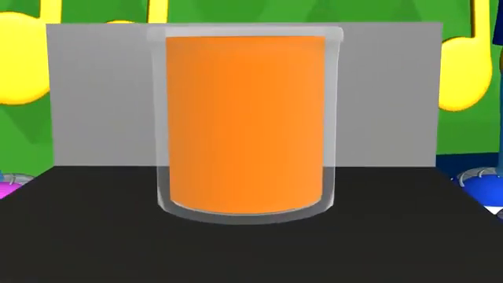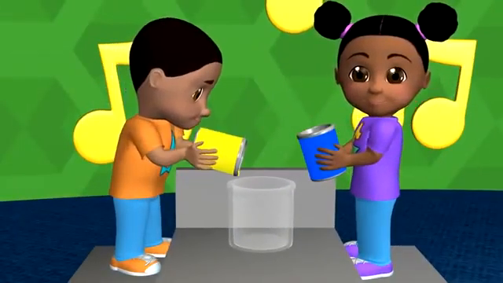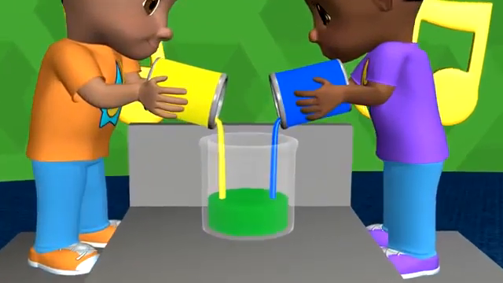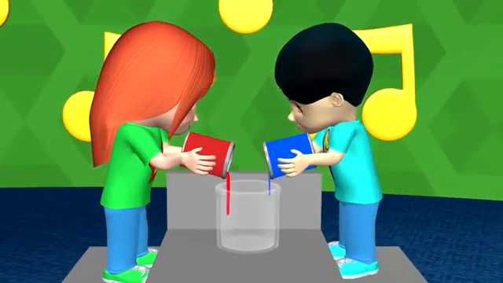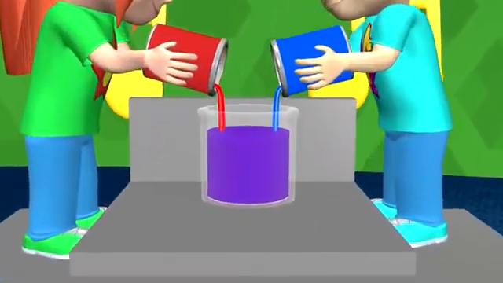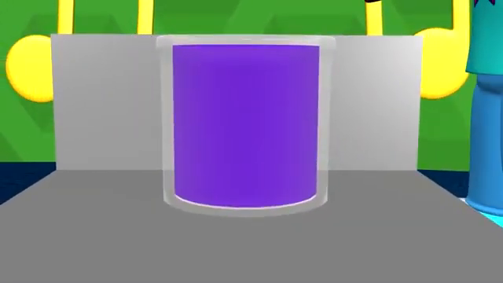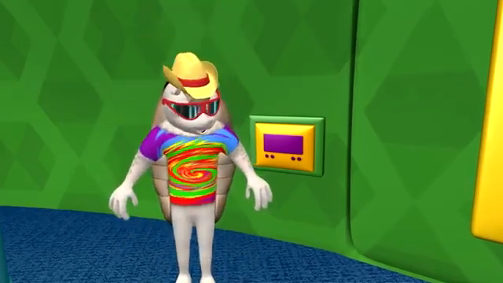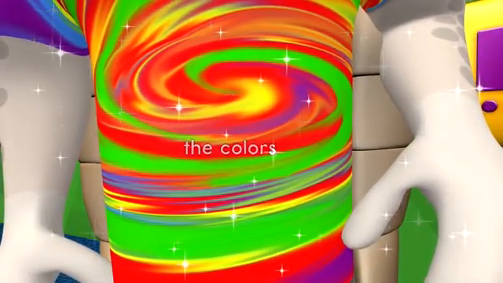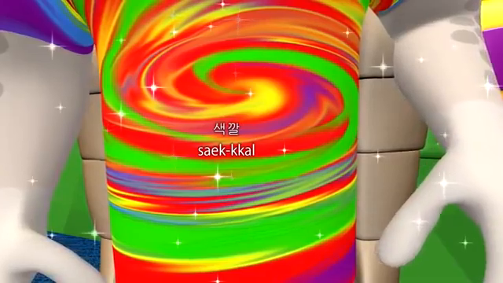Orange. 오렌지색, green, 초록색, purple, 보라색, the colors, 색깔,